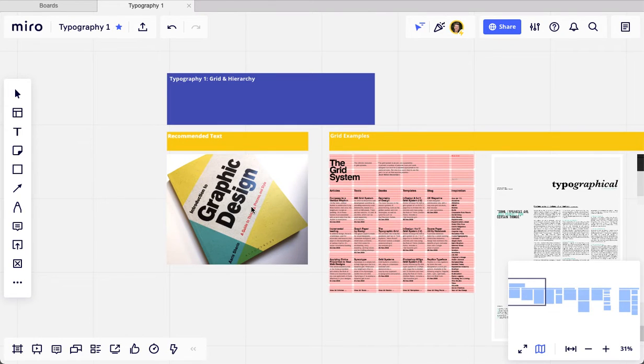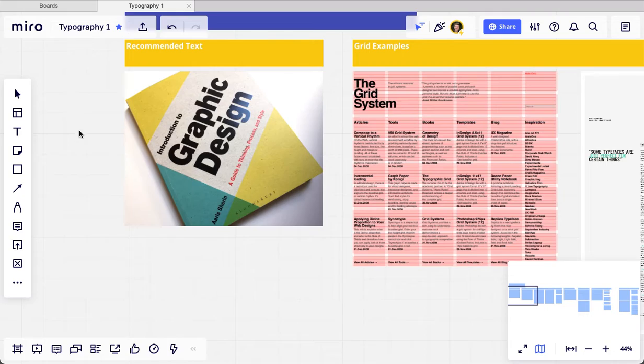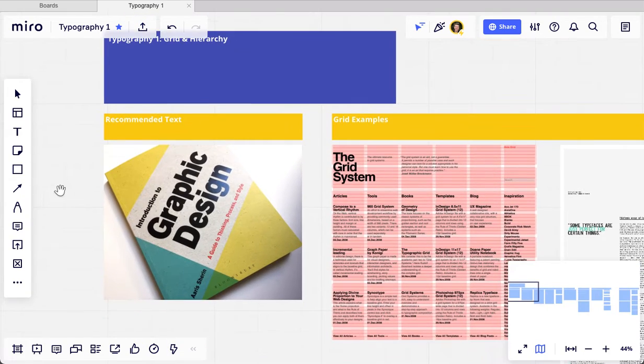So I'm using Miro here. First, I want to recommend this book, Introduction to Graphic Design by Era Sharon. Got a copy right here. It's a fantastic design book, and it'll walk you through many of these steps. If you check out the typography chapter, you'll see there are a range of exercises as well as examples that look a whole lot like what I'm covering in this video. So let's dig in, and I'll walk you through some of the examples on the video, and then I'll talk